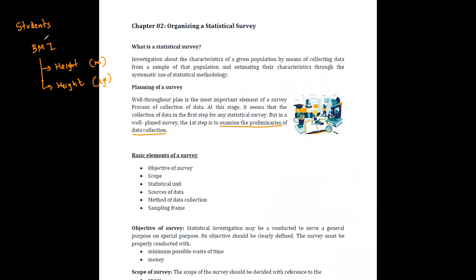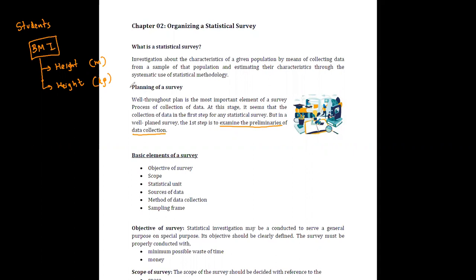Therefore, in that situation, what we have to do is collect or calculate those BMI values. To calculate the BMI values in such scenarios, we need the height in meters and weight in kilograms. We need these data to calculate the BMI for a student. Therefore, rather than directly collecting the BMI values from the student, it would be better if you can measure the height and weight for each student and then obtain this BMI value for each student.